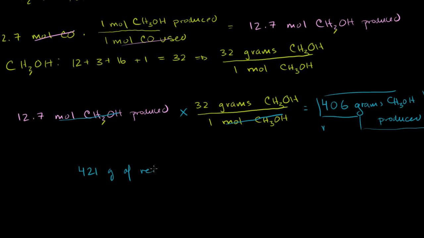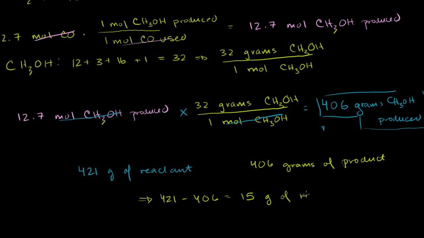And then we end up with 406 grams of product, our methanol. So that means that 421 minus 406 grams of reactant was not used. 421 minus 406 is what? 21 minus 6 is 15 grams of reactant